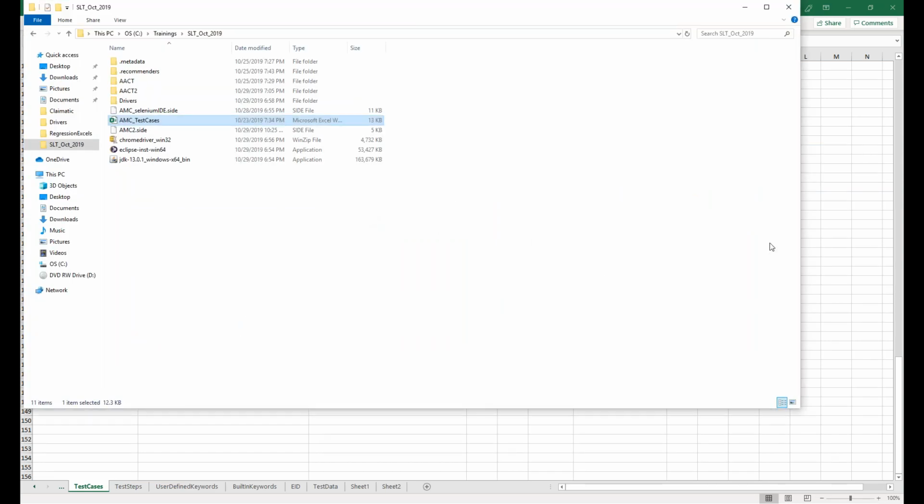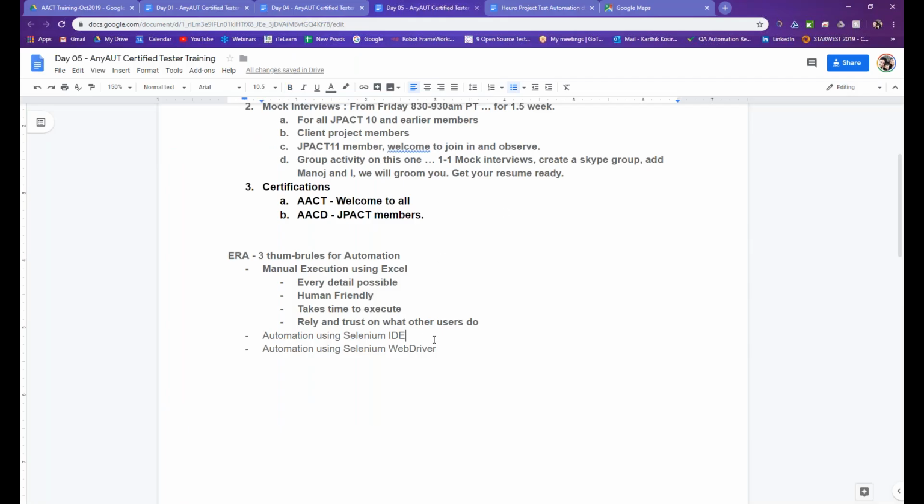Now, when it came to Selenium IDE, things started doing something different. It will definitely be faster than manual. That is one big achievement that we have. We will also know that we can rely on the test steps on what was executed. So when we go back and look at Selenium IDE,